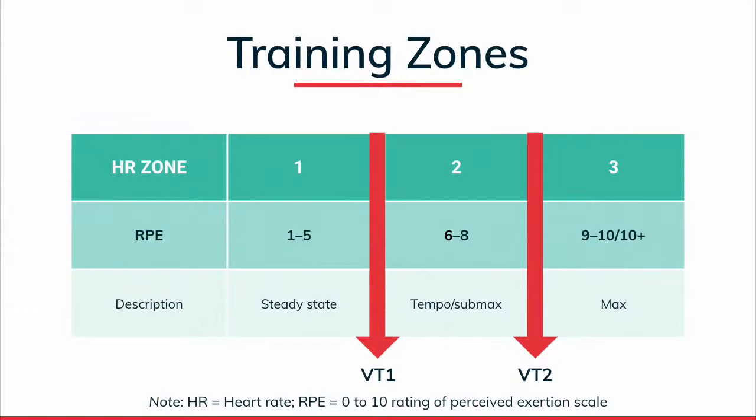And an easier way to describe these, or what makes sense, is the talk test. So I already mentioned the submaximal talk test, but for example, if you are walking or jogging with your client, maybe they're on a treadmill, maybe you're riding bikes together, and you can have a very easy conversation, full sentences, no discomfort with talking, that's zone 1. That's below VT1. At ventilatory threshold 1, our heart rate and our breathing rate start to change.